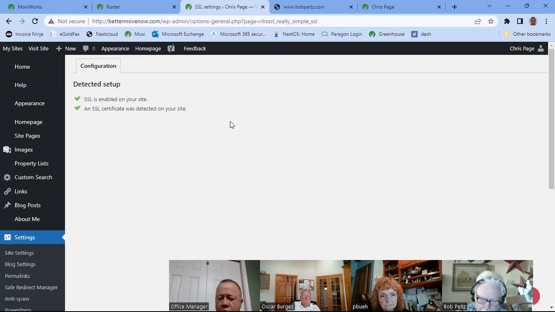If it says request a certificate, you need to click the button that says request a certificate, and it's going to take a little while before that's available. You're going to have to wait a day, come back, and then click the activate SSL. Okay. Let's see if mine is done. I'm not sure it's